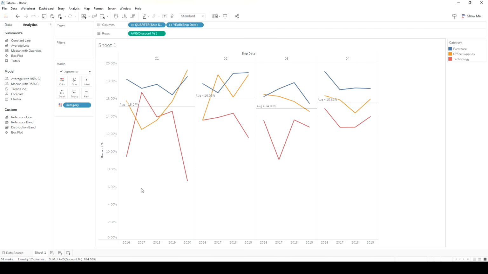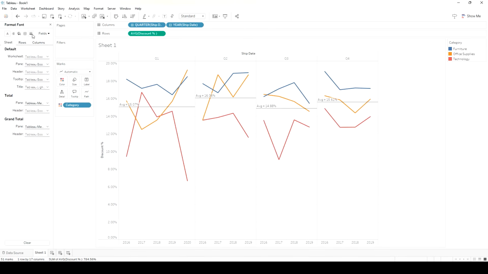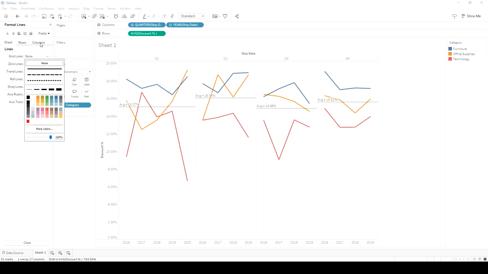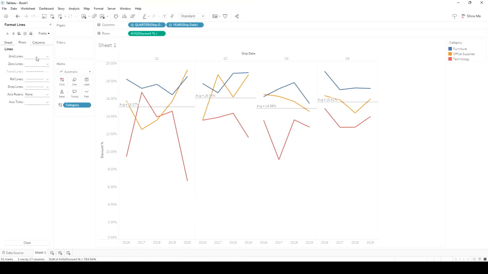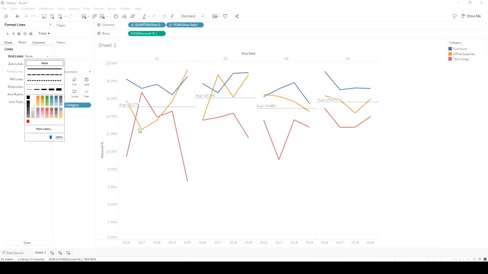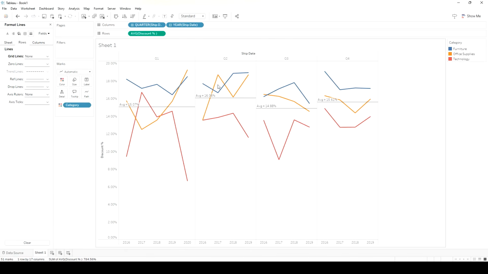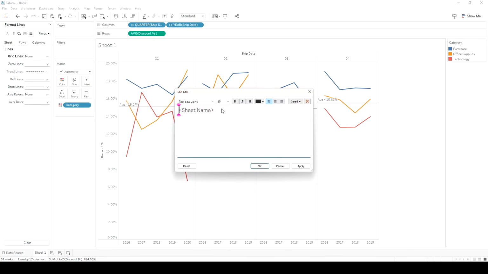All right, and then again, you could do the little things where I may format this and get rid of the grid lines because I think they can get kind of confusing. Here, none, and something like that. So then we can see, and I like to title things, so something like average discounts over time, right? And it's going to populate here, and I'm going to save,